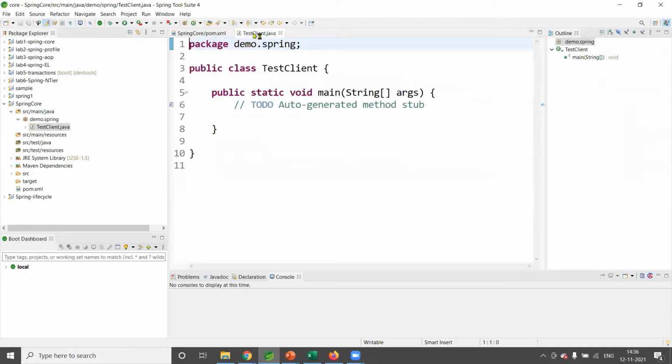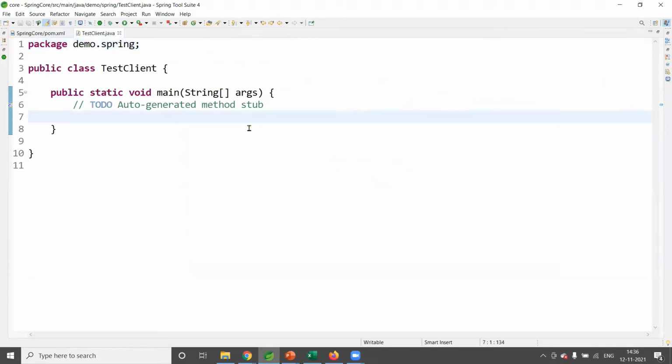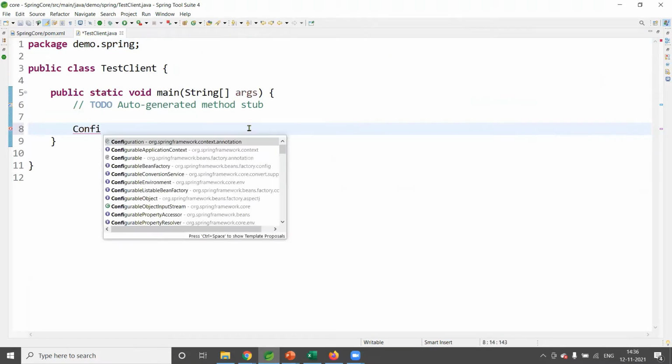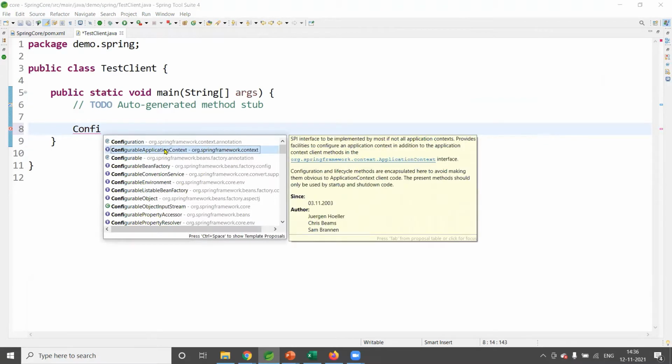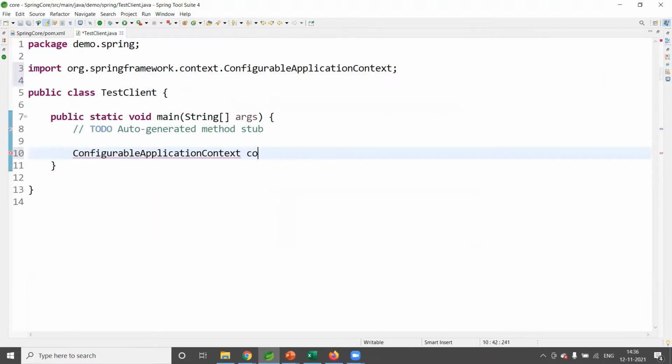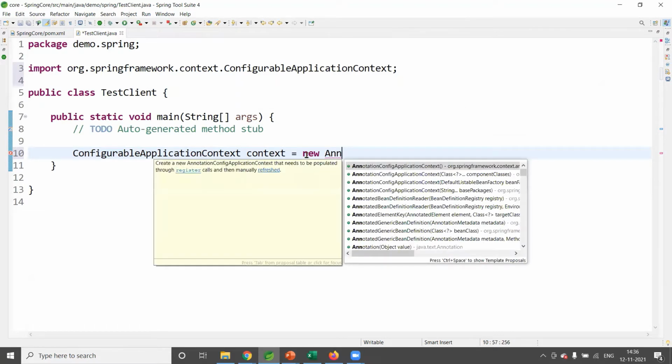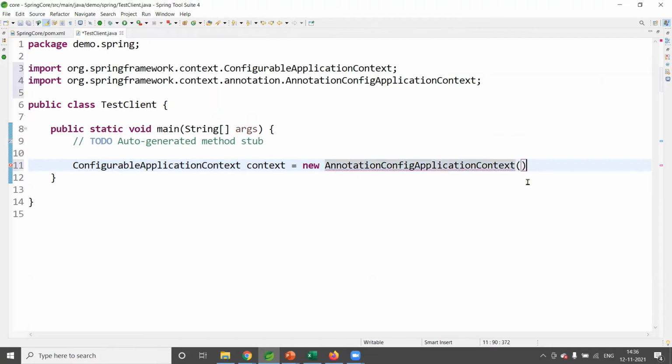Now inside this class, we will define one Spring application context. So configurable, we can set ConfigurableApplicationContext. So context equal to new AnnotationConfigApplicationContext. So we are going to use annotation driven application context, right? So let us define this first.